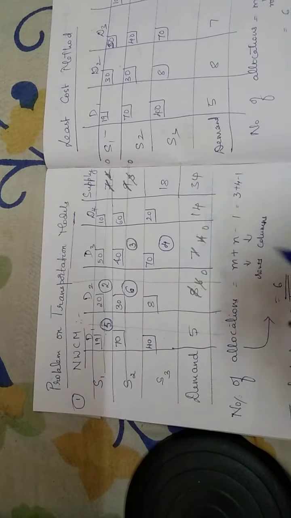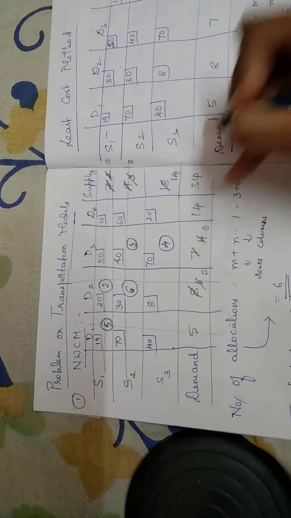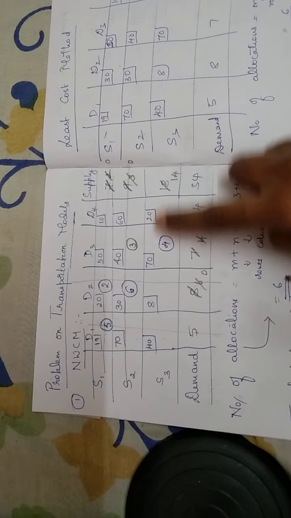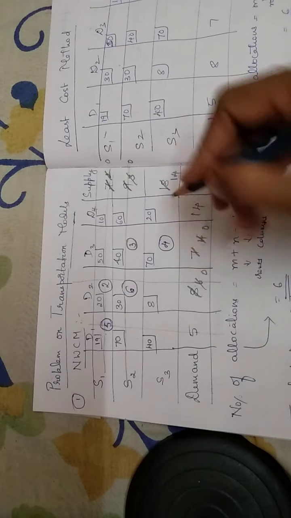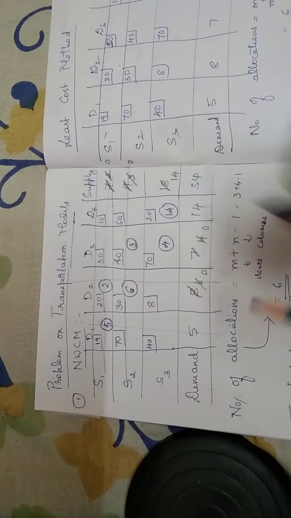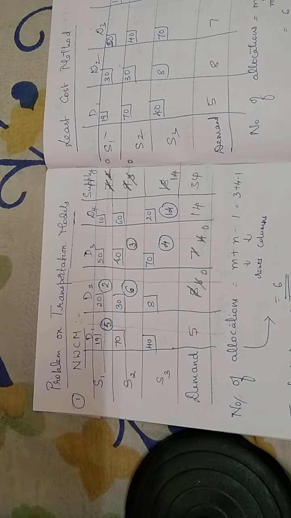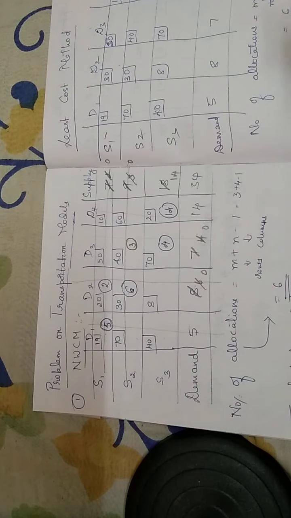Now coming down to this particular supply, we are allowed to make only 14. So 18 minus 4 is 14. So finally, I am making an allocation of 14 here. So with this, I think we will be able to cover up all the supply and demand